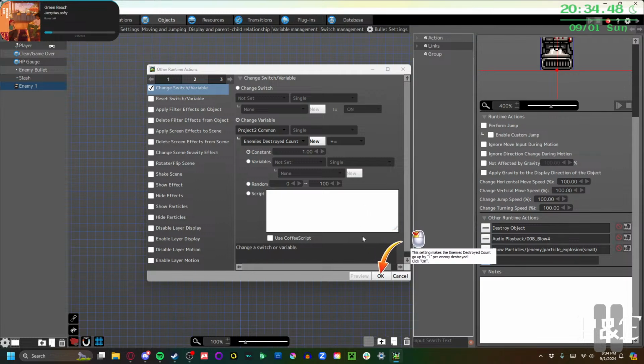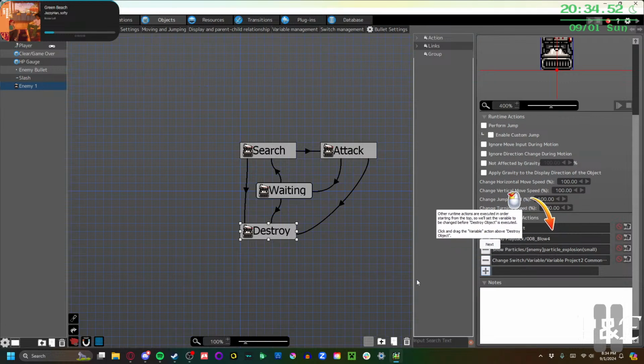This setting makes the enemies destroyed count go up by 1 per enemy destroyed. Click alright. Other runtime actions are executed in order starting from the top, so we'll set the variable to be changed before destroy object is executed. That probably explains why the explosion wasn't